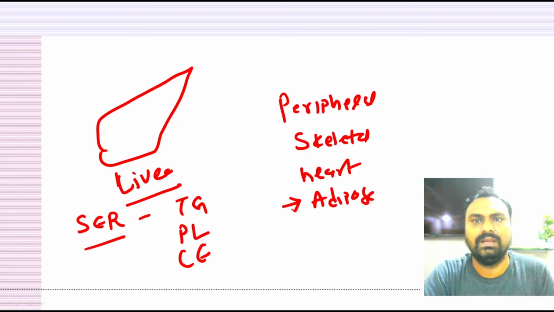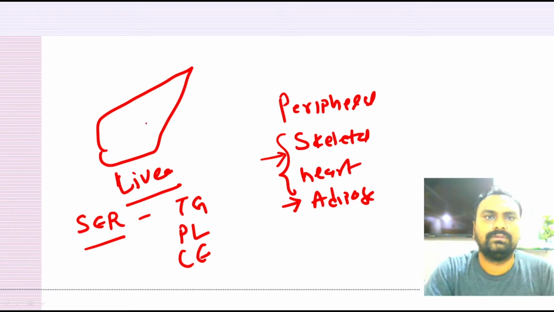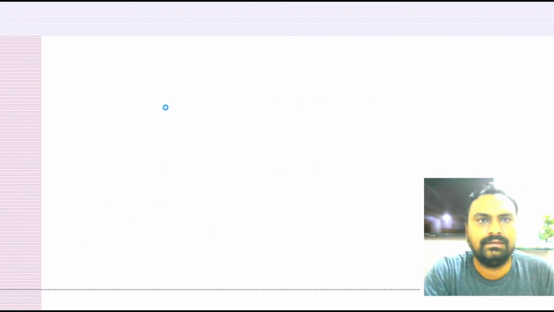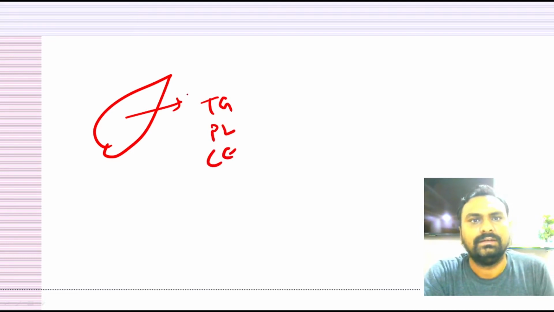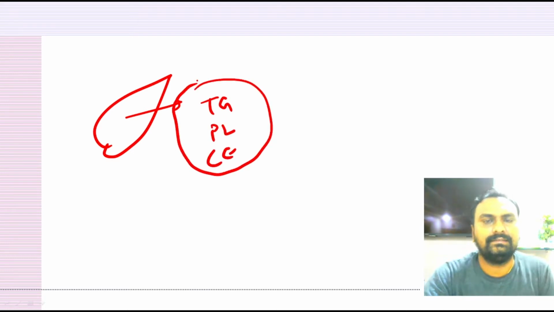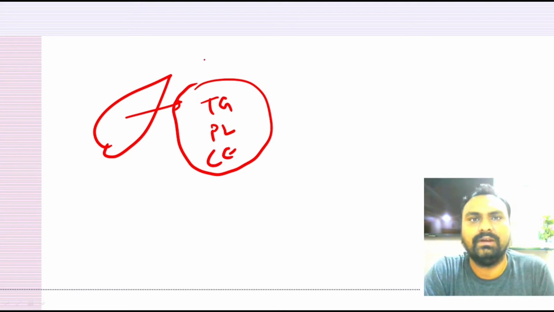In adipose tissue, mainly fatty acid will be stored, while in skeletal muscle and heart, it is required for energy purposes. So, suppose in the liver, triglyceride, phospholipid, and cholesterol ester are endogenously produced. The synthesis and secretion of this VLDL is similar to the chylomicron. You can see my previous video, the link is given in the description as well as in the suggestion box. These lipids are hydrophobic, so for transportation they require apoprotein.